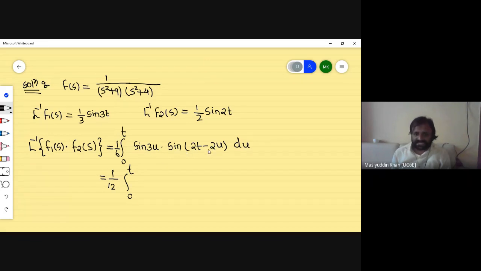So 2 sin a sin b, with the formula, will be cos(a minus b) minus cos(a plus b). So I'm just writing directly here cos of a minus b. Just consider, my dear students, this is a and this is b. So a minus b: 3u minus of this, and minus minus will be plus. So I can write this part as